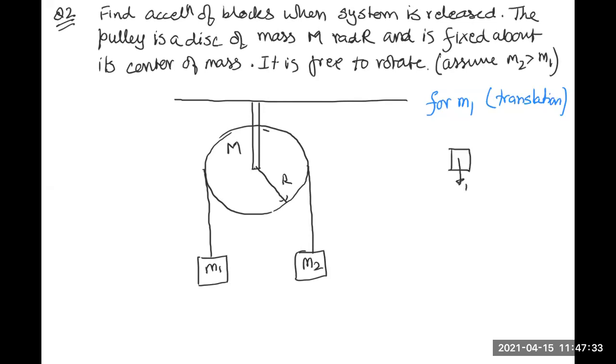So you will draw an FBD, M1g नीचे act कर रहा है, T1 ऊपर act कर रहा है. Because now the tension here must be T1, tension here must be T2. On two sides of the pulley, the same string will now have different values of tension. Why is this? Because the pulley has mass, because the pulley is not ideal anymore.